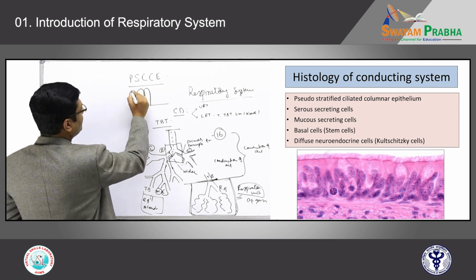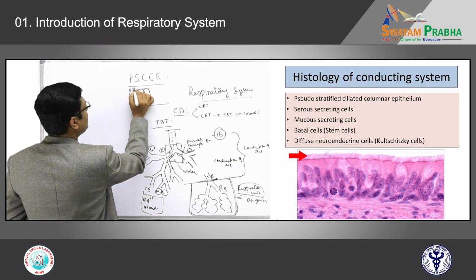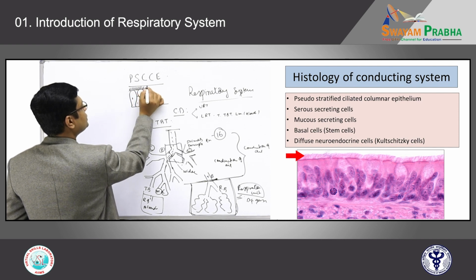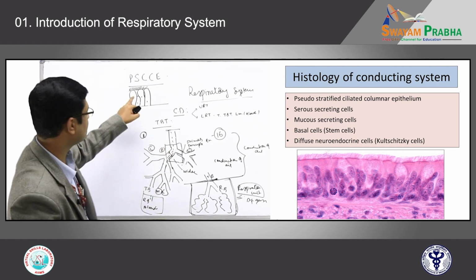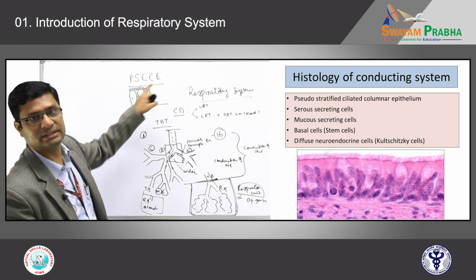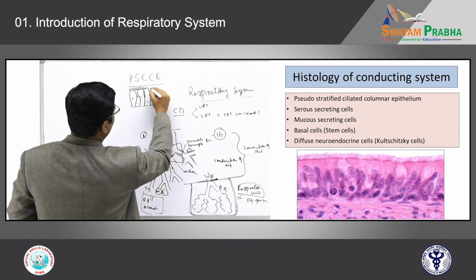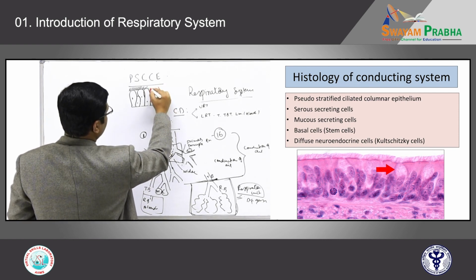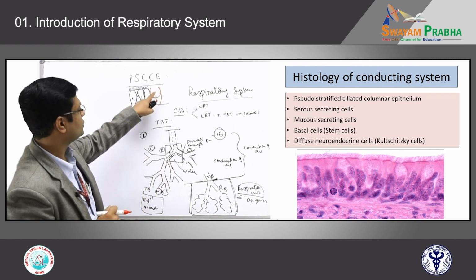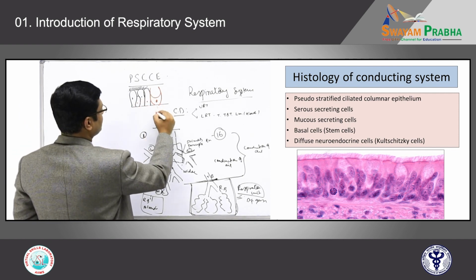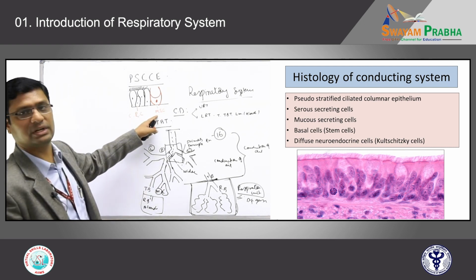All those cells have an end plate, the ciliary end plate. From this end plate, minute hair-like structures project on the surface of these columnar cells. These are ciliated cells. The major cell lining in the tracheobronchial tree is the ciliated pseudo-stratified columnar cell. Interspersed among these, you have occasional cells called goblet cells, cup-shaped cells which contain mucin and have a basally located nucleus. So, we call these mucus secreting cells. These are ciliated respiratory cells and mucus secreting cells.